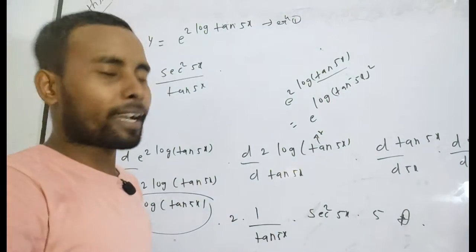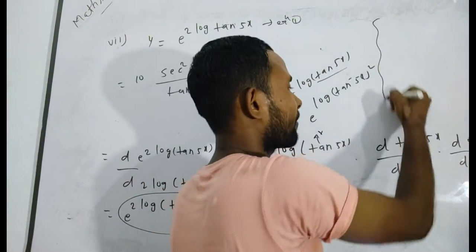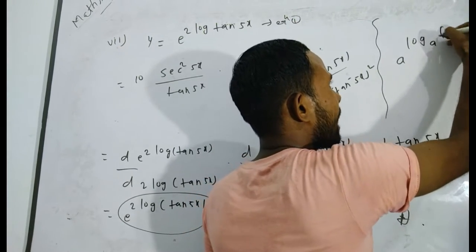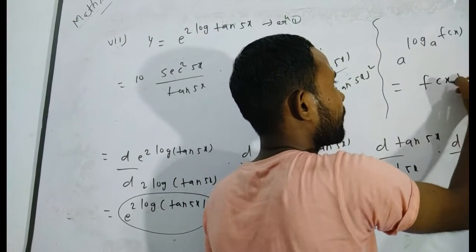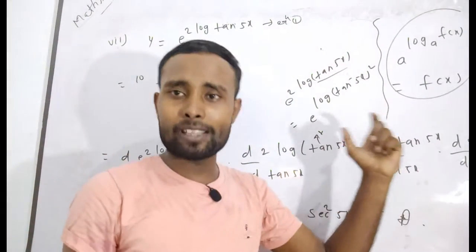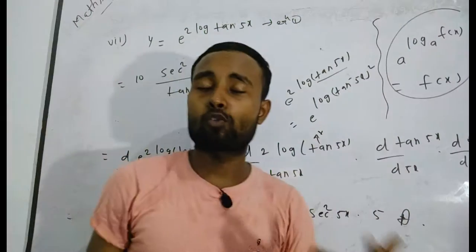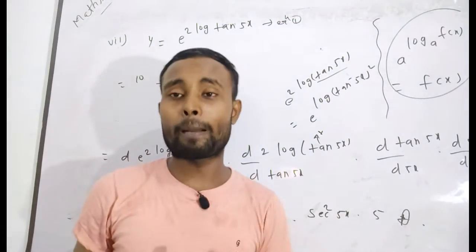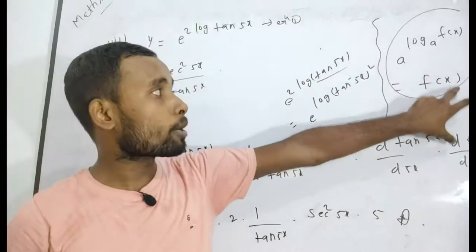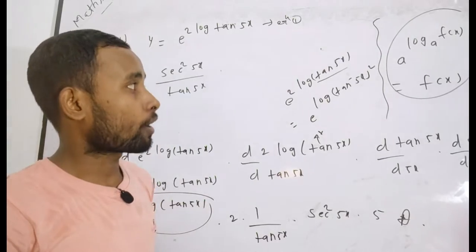Now, in the logarithm chapter in your secondary classes, you will definitely learn that e to the power log a f(x) is always f(x). This is a very important property of the logarithmic function, and try to remember it, because I will definitely use it many times in your next class when I discuss the derivative of a variable to the power variable function. I will use this property of log directly. That's why you have to remember it and write it in the important parts of your notes or formula page.